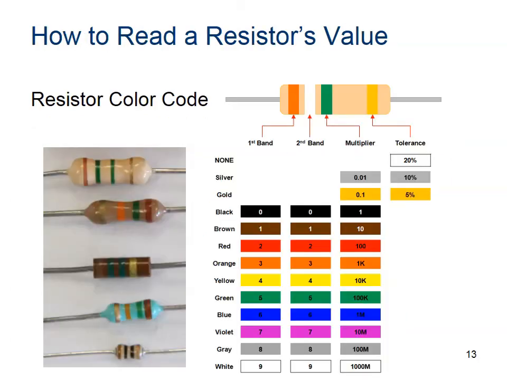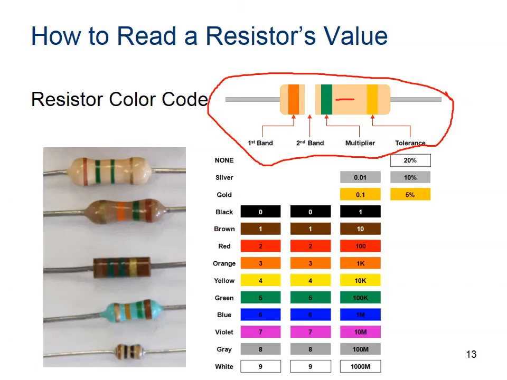Well, here's what those color bands mean. So take a look at the cartoon, if you will, up at the top. This gives an example. So you read it from left to right. And I want you to take a look real close at the cartoon or the schematic, and then take a look at the real thing. So if you read the cartoon, it reads left to right, first and second band, a multiplier, then there's a large space, and then there's another band for tolerance. But if we look over here,